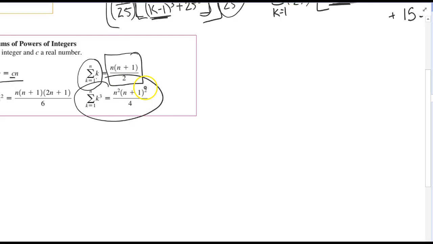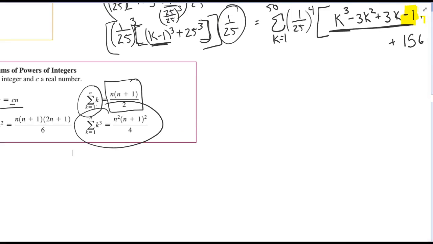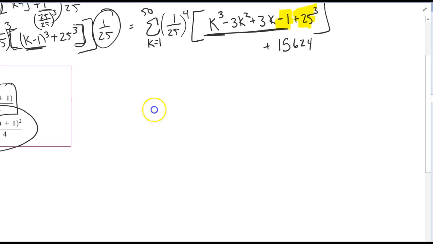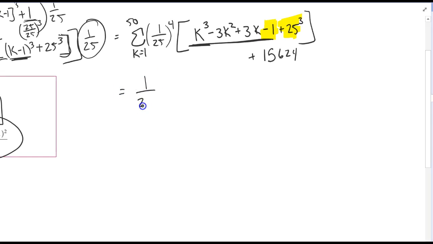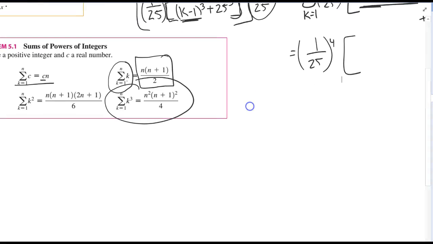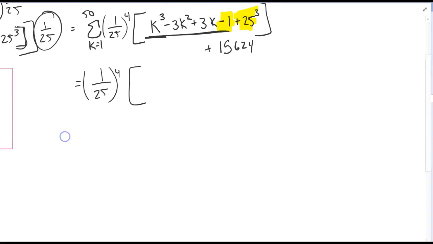And if you do that, you end up with, I write this, I have 1 over 25 to the fourth power times, if I plug in 50 squared times 51 squared over 4, I end up with